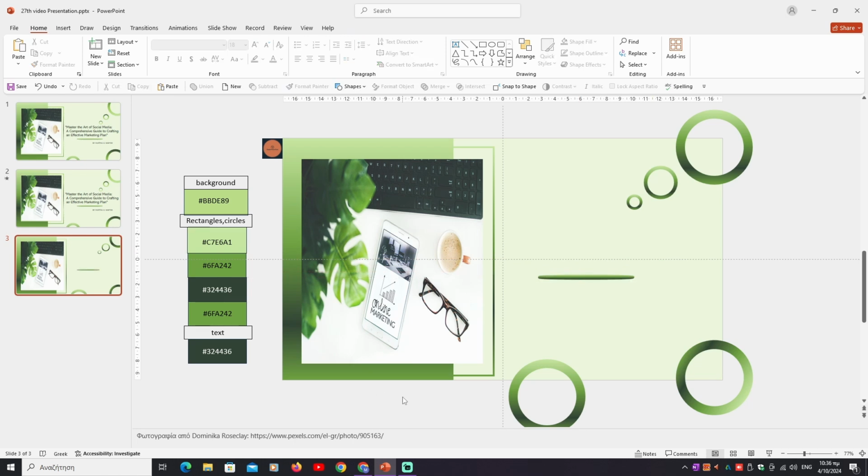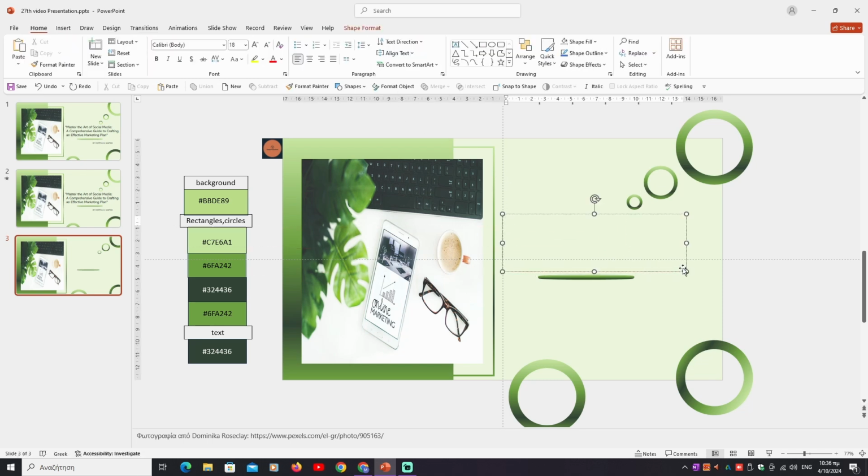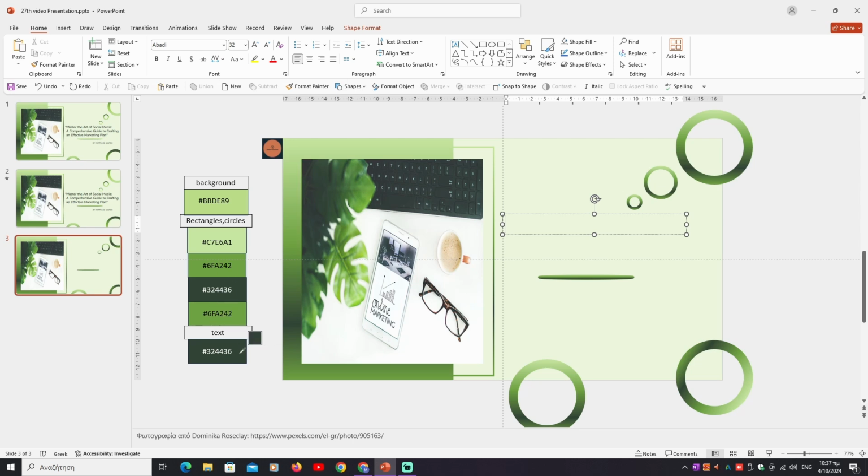Now we will insert our title. We go to Insert ribbon, we choose Text box, click in the design area, drag and release it. From the Home ribbon we choose a body font size 32, and color with the eyedropper. We choose the last color from the left side outside of the design area and we write our title,